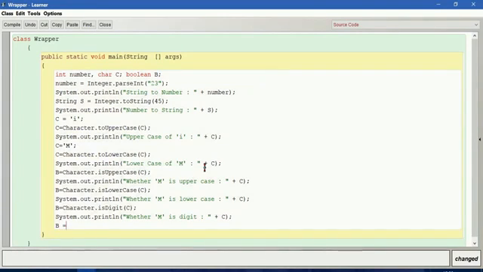Let us also check whether it is letter. "Letter" plus